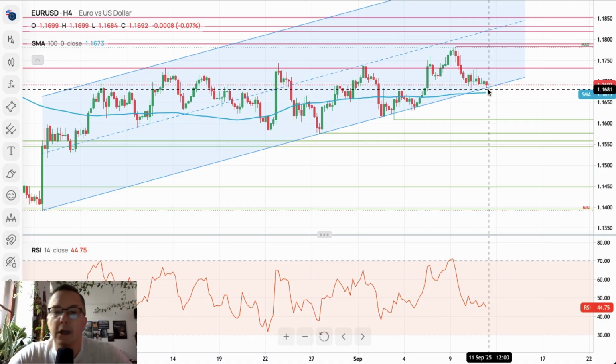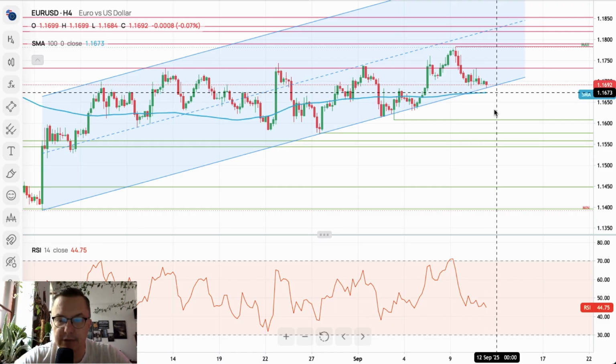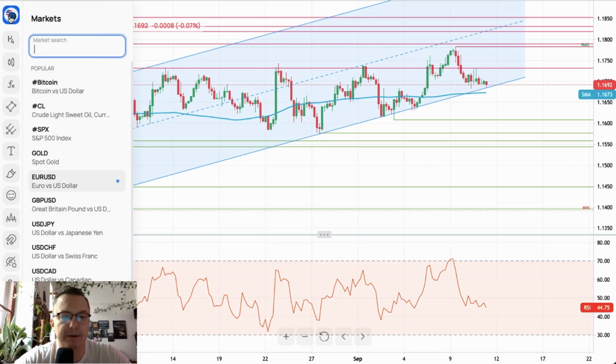However, please notice 2:15, ECB interest rate decision, monetary policy statement, deposit facility rate. All of this data will hit the markets. The consensus is 2.15%. So we will definitely have increased volatility on the euro-related pairs, especially on the euro dollar. So we might see a different situation here in the next few hours.